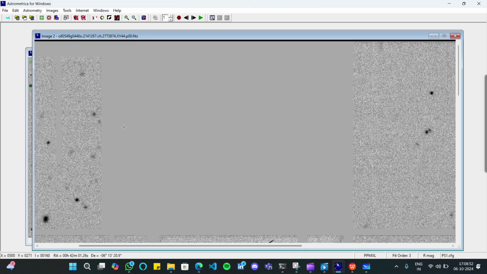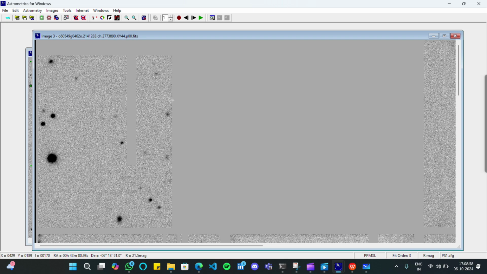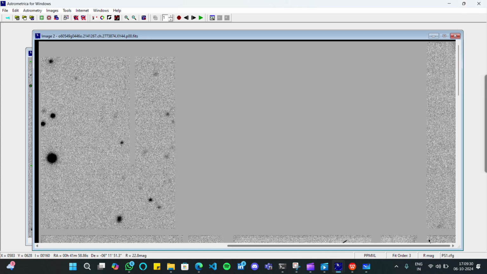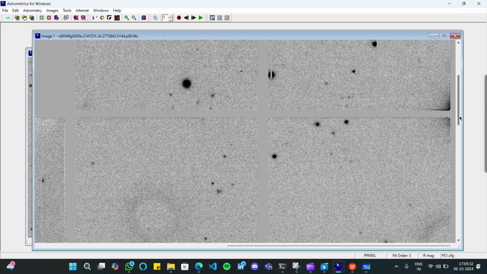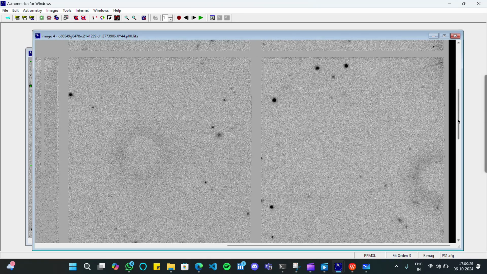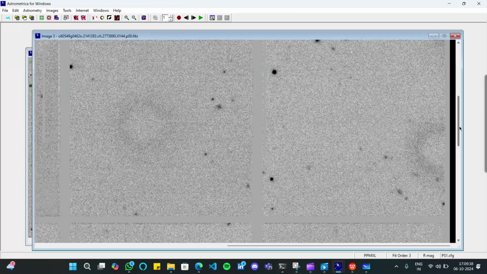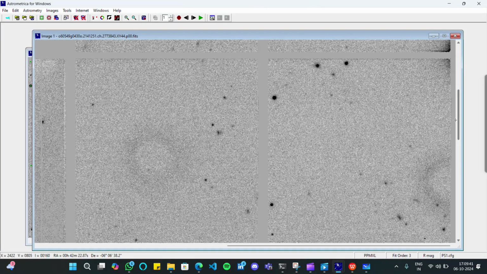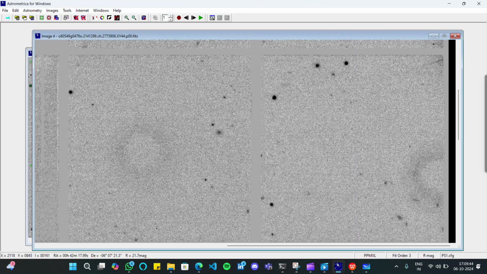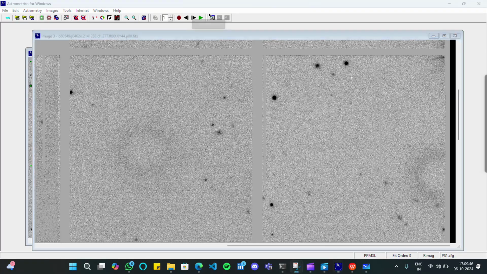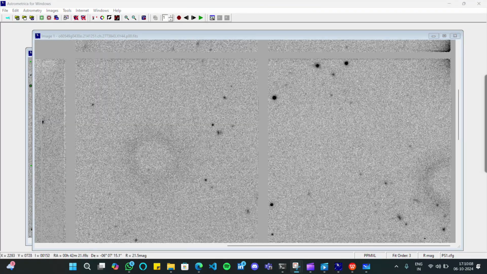Here you can see no image is there in this box. So move to the next. This is the last part of the upper portion. Let's check here. No such asteroid is again found here. So let's move to the down part, the second row. Adjust it so that only one box is visible like this. Let's check here. No such asteroid is found here also.